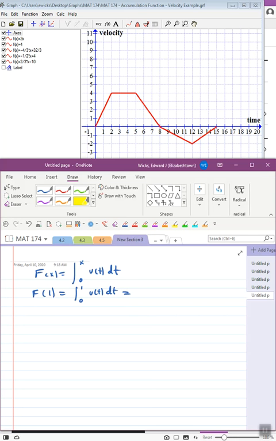It should be the area under the curve, right? And from 0 to 1, the curve is a line. And so what's the area under that line down to the x-axis? It would be the area of a triangle. It'd be 1 across, it'd be 2 high. Area would be